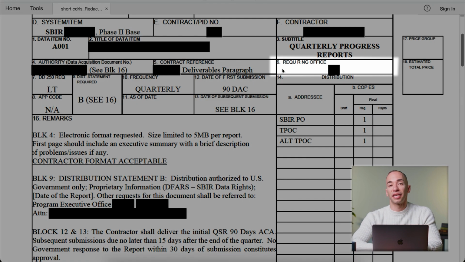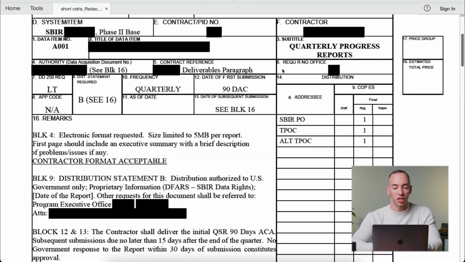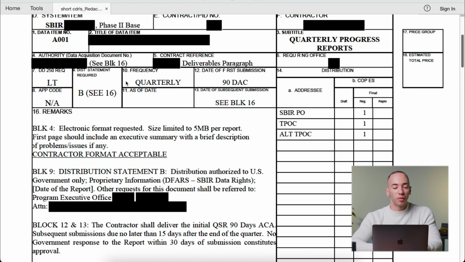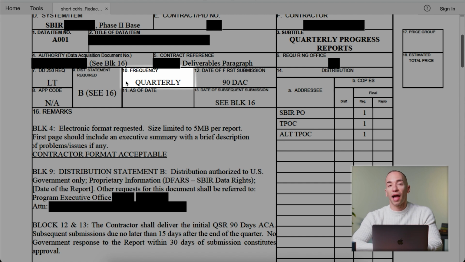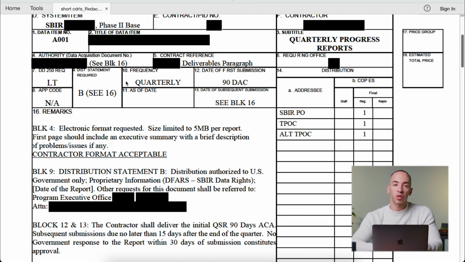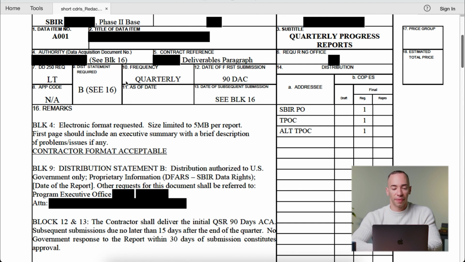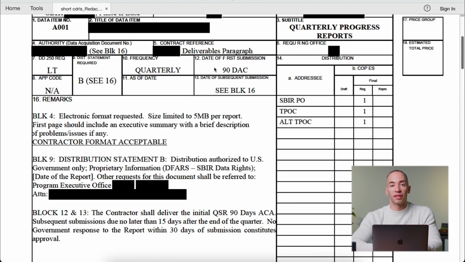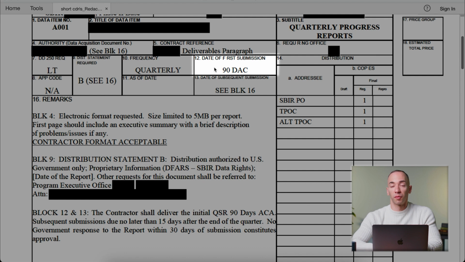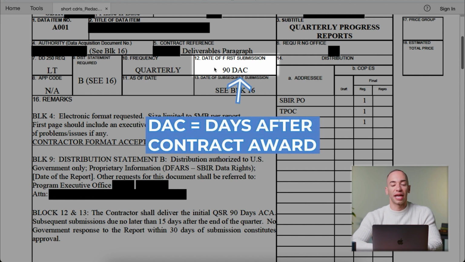Block 6 indicates the requiring office, basically which program office this is bound to. And then block 10 indicates the frequency, how often you are receiving this. Usually it's quarterly, or it could be yearly, or it could be just one time. The date of the first submission is the first time that the deliverable is received. In this case, it's a quarterly progress report, so it's 90 days after the contract award, which we shortened in abbreviation